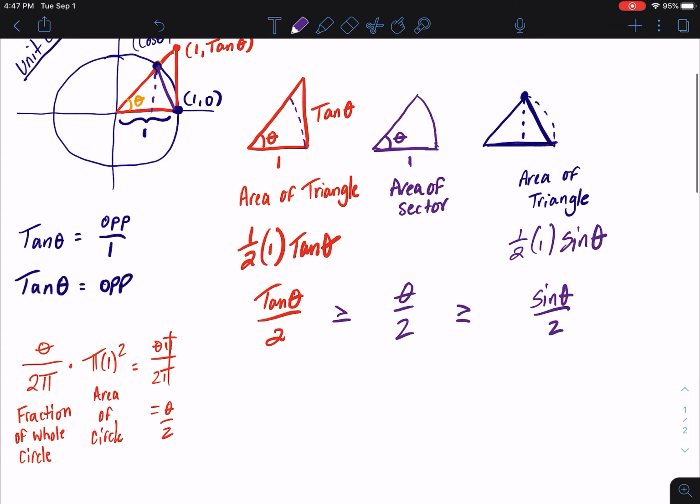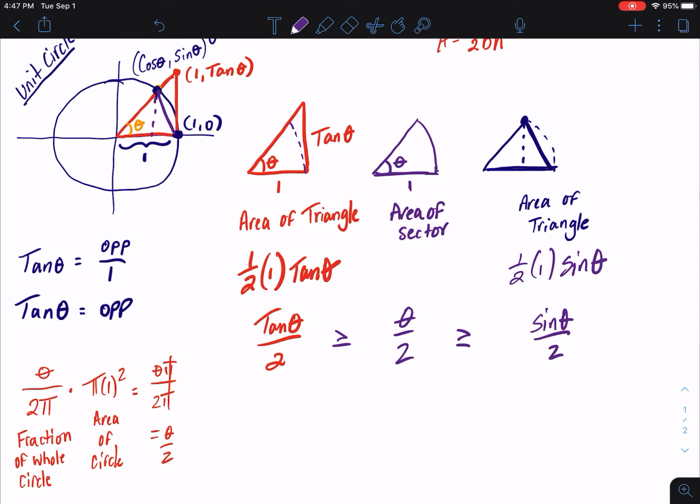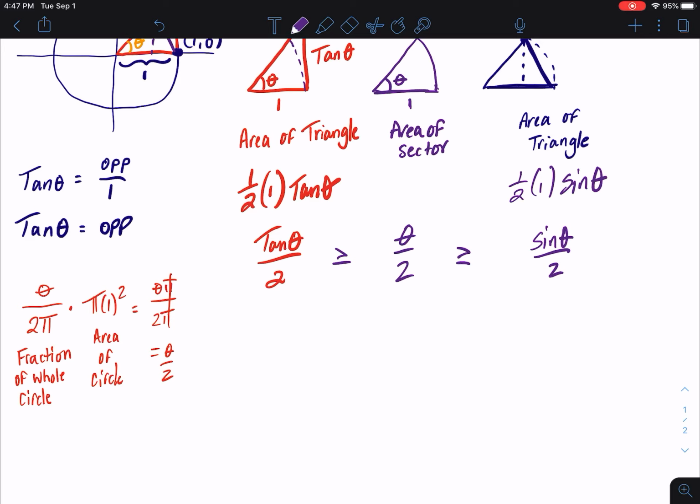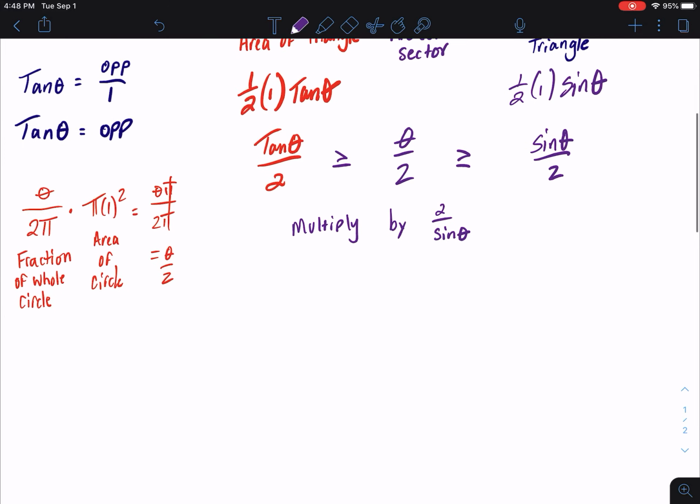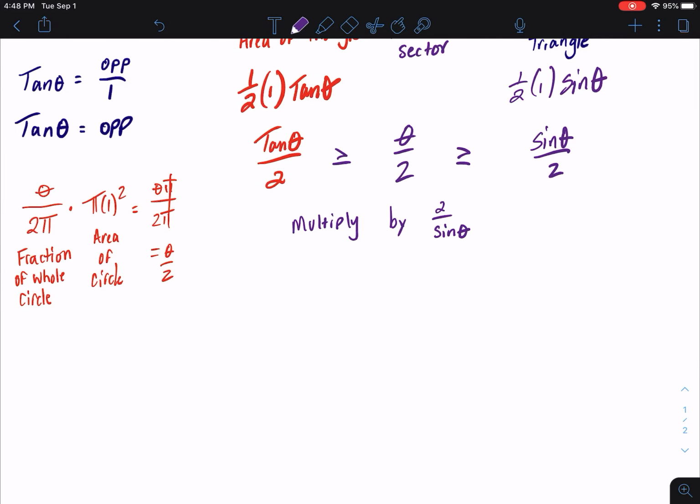And we'll draw some inequalities here, right? So we have this big triangle. So the big red triangle is bigger than that middle sector, which is bigger than the smaller triangle. Okay, and we're just going to do a little bit of manipulating. So we're going to multiply by 2 over sine theta. Okay, so when we do that,